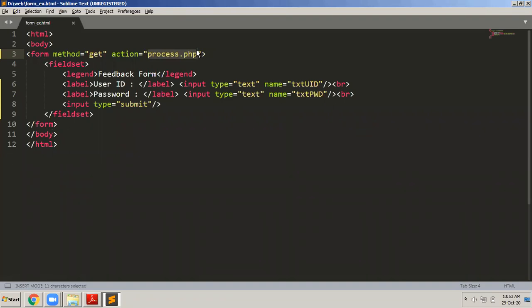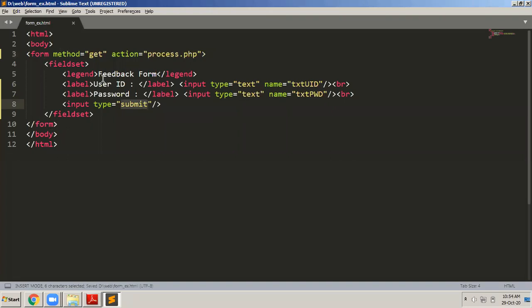Remember that HTML gets connected with any type of backend. Your server side script can be anything. It can be JSP, ASP, PHP, Perl, Python. It can be almost any programming language. But since we are learning PHP as part of the subject, here I write process.php. Why do we write this? After the form is submitted, after I have pressed this submit button, on the server, remember, the process.php file will get executed. Okay, so this is the meaning of that.